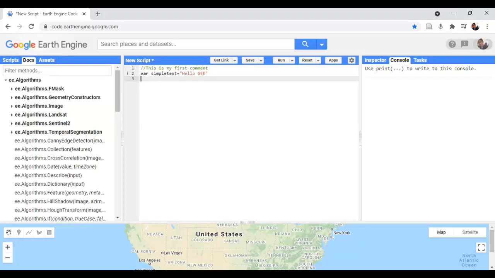If you want to output this variable, we can use the print syntax and give the variable name. Once you click run, it will output what data is stored under the variable.